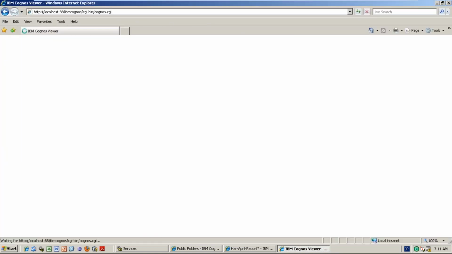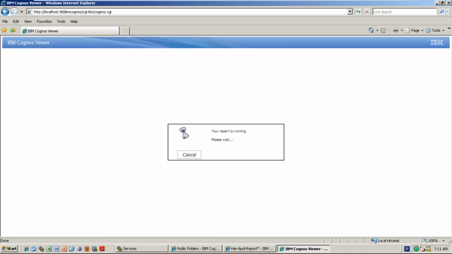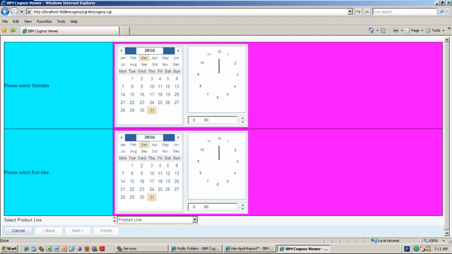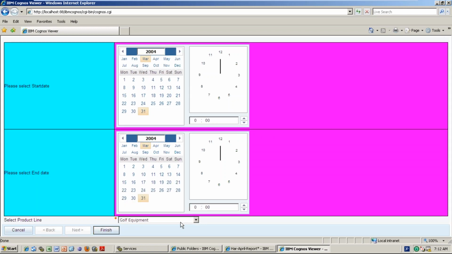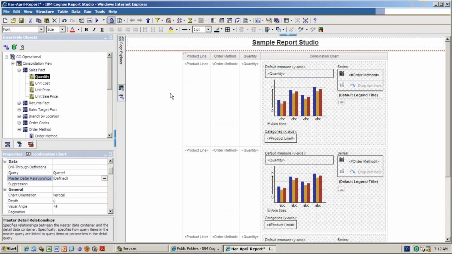It may take so much time because for each row it has to generate one chart. I don't need the prompt because it is restricting some data, right?